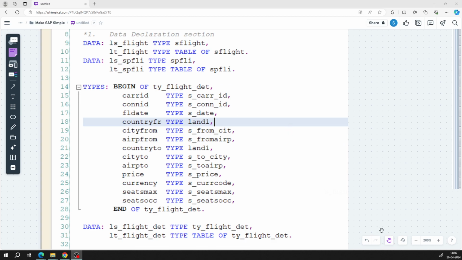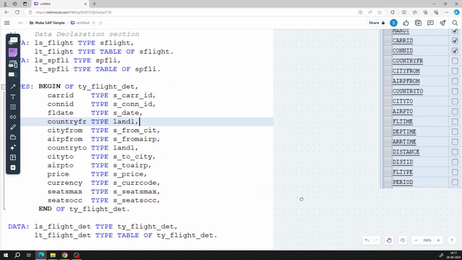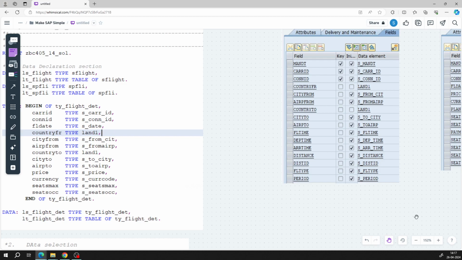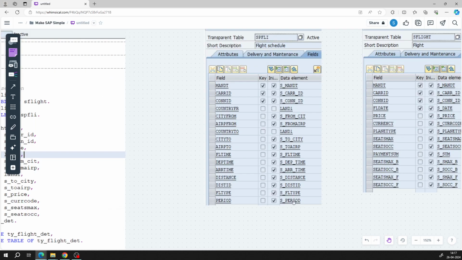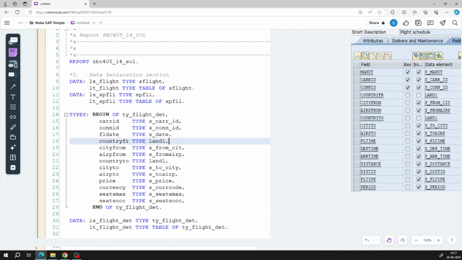Now coming to this screen, right? So we have to combine data from both of these tables, right? Let it be 150%. Okay, so in this case we don't need all the fields or all the information from this table, as well as we don't need all the information from this table. Okay, so if you see,